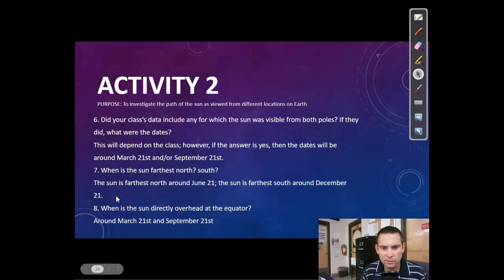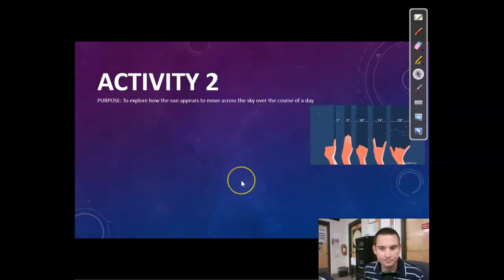Did your class data include any for which the sun was visible from both poles? If they did, it was going to be, again, around the equinoxes: the spring equinox, March 21st, and the autumnal equinox, September 21st. When was the sun farthest north? I just talked about that. Farthest north, June 21st, and farthest south around December 21st. When is the sun directly overhead at the equator? Again, the equinox. So we have this